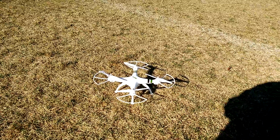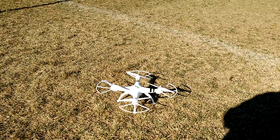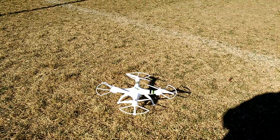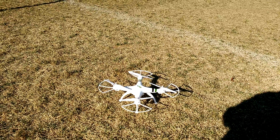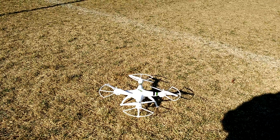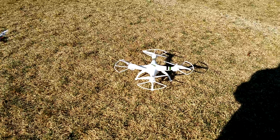Okay, so what you do with the Wi-Fi is you go in, you will see P70, and then whatever the serial number for your drone is, it'll say open. You click on it, and it'll basically say obtaining IP address. It'll say connected, so now you're connected through the app, and then you go to the actual app itself,